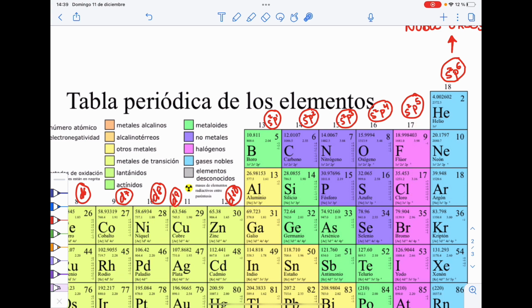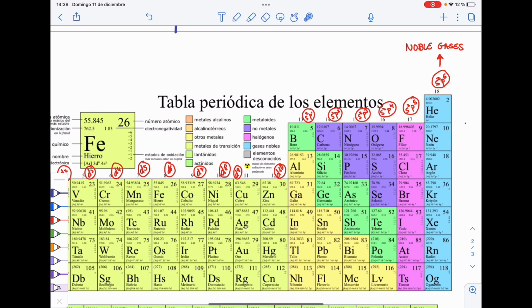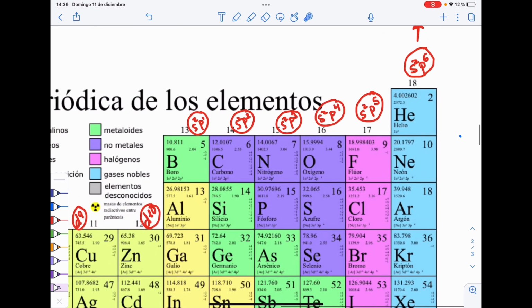S2P4, column 17, S2P5, and the last column, which we call the column of the noble gases, because all of them here are noble gases. Why? Because they finish with S2P6. This means that they have 8 electrons on the last layer, and this we're going to see later that is